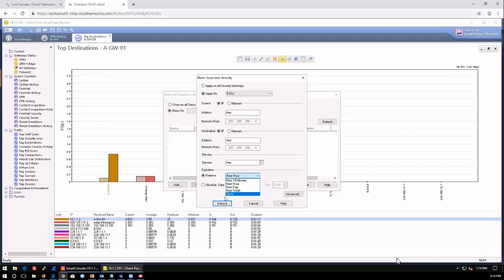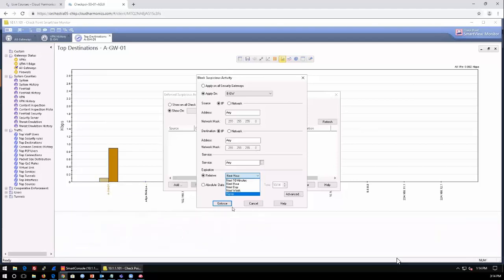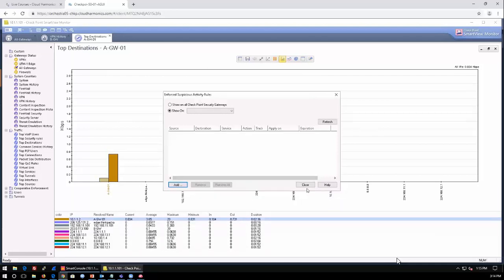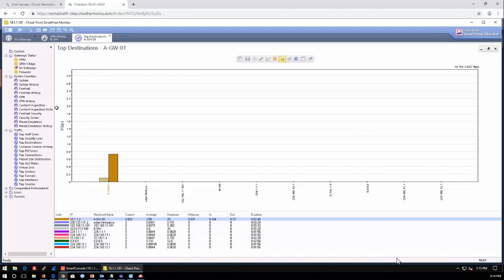Okay. So at this point, I can click to enforce it. And I can do this at any time. It's not going to affect the firewall usage or anything like that. It's not like pushing a policy on the firewall, where you have to have a maintenance window. You can enforce the suspicious activity, the SAM, at any time. Okay, so I wanted to bring that up. Let's take a look at our